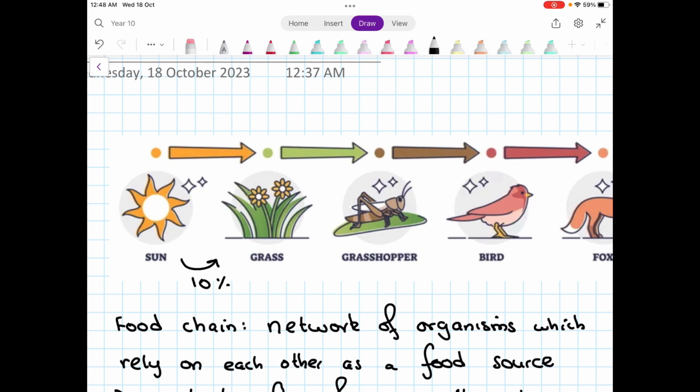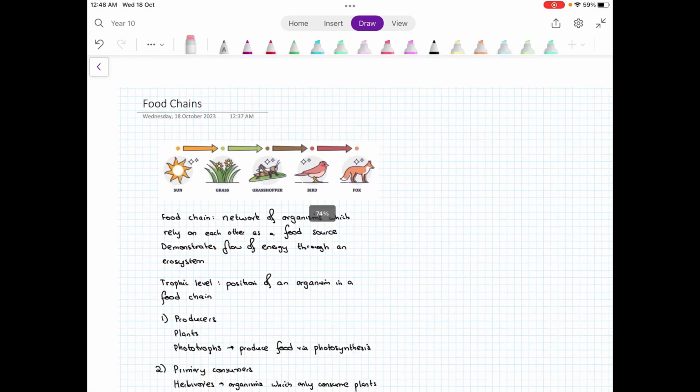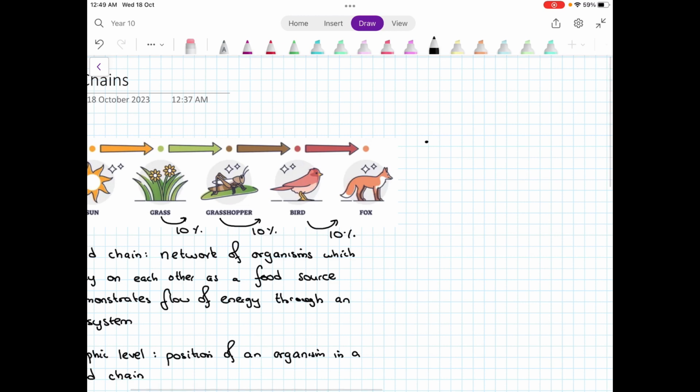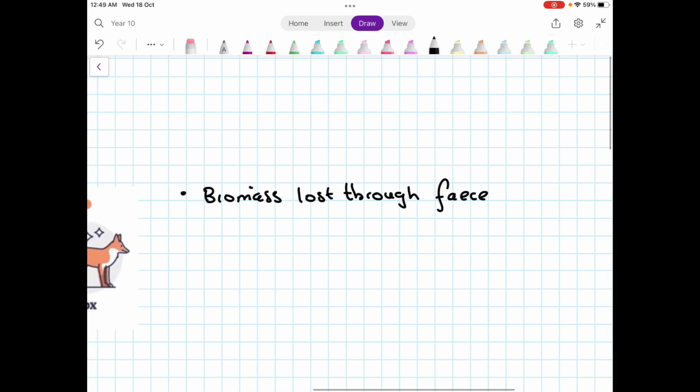Now at each trophic level, a certain amount of energy is transferred to the next. And this is 10%. So what causes the rest of the energy to be lost? Well, there are a couple of main reasons. Biomass can be lost through feces, or through urine,